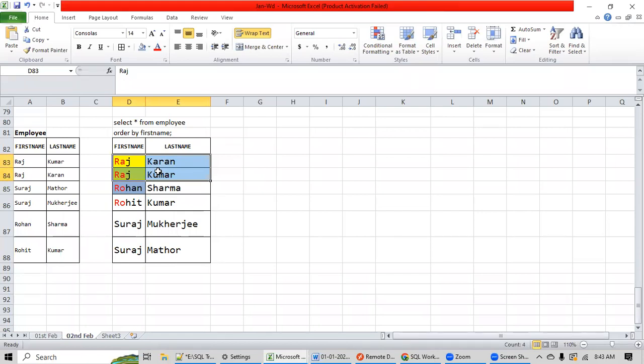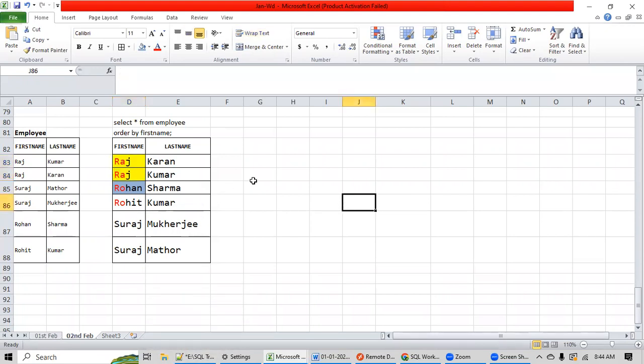Is this clear? Here Raj Karan and Raj Kumar have exactly the same value, Raj and Raj. So it is the wish of the SQL engine; it can display anything before it. There is a concept of row ID. When I come to that, I will explain it. So for the timing, ignore it. When the values are exactly the same, the engine can display anything before and after. Is this clear?